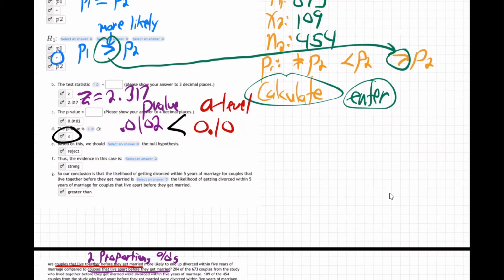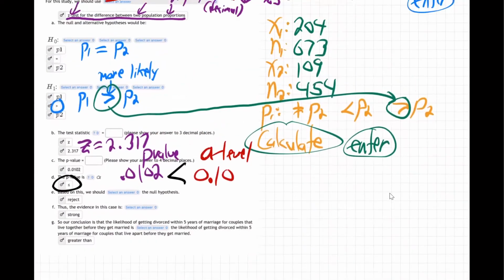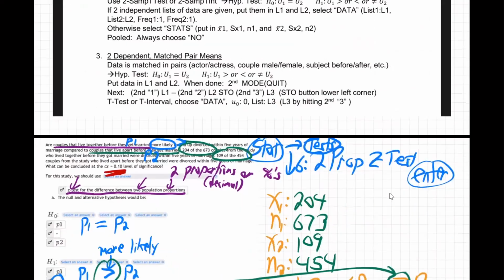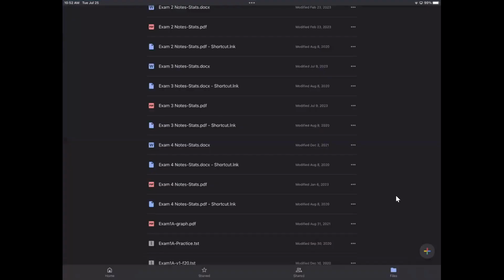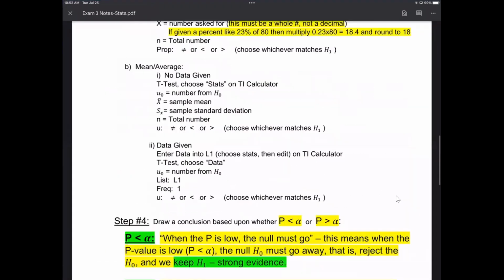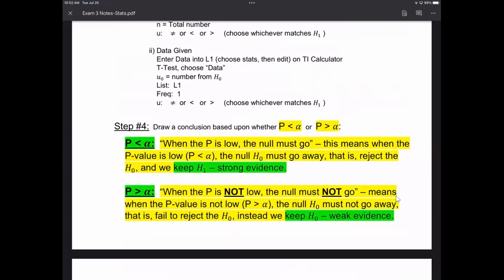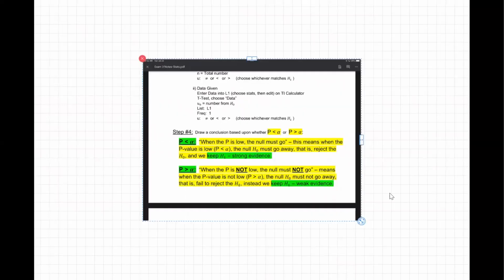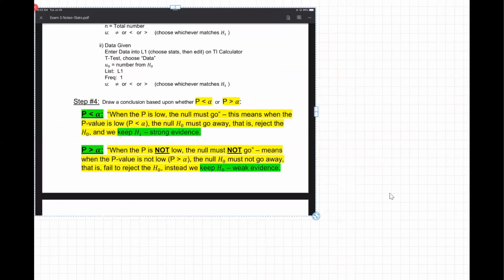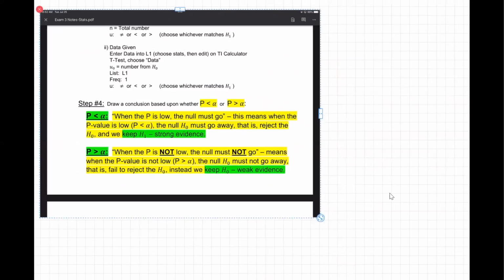And so what do we do with less? Well, if it's helpful to you, if you're rusty at all on what that means, you can go back to the exam 3 notes. Let me actually do that real quick. Let me find those exam 3 notes and just go down to how we conclude a hypothesis test. Here we go. So this is the exam 3 notes. So even though we're on the exam 4 section, it might be helpful to go back to the exam 3 notes